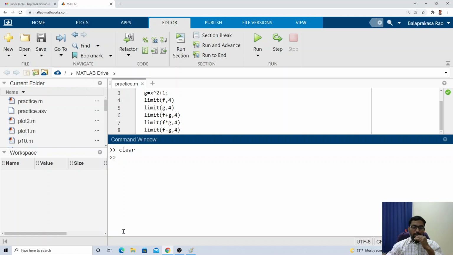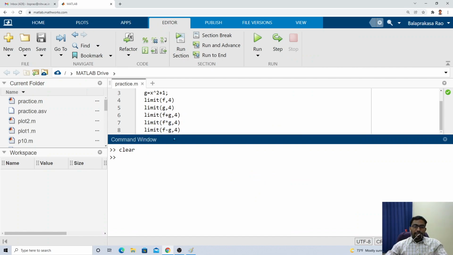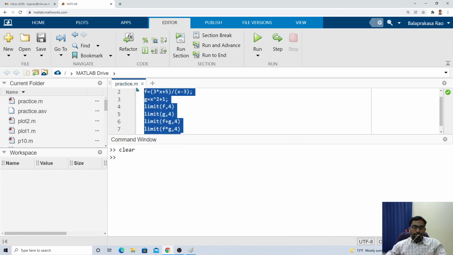So let me quickly go through the integration and differentiation. If you want more details about these limits, you can explore more details about limits. You will get so much material on the internet. So let me discuss a few things about